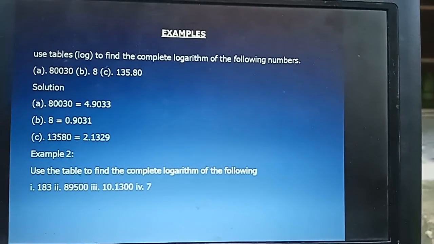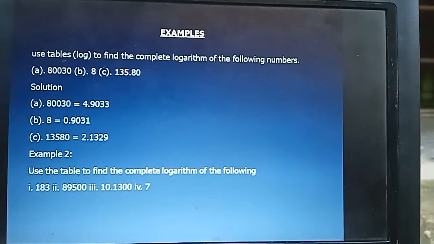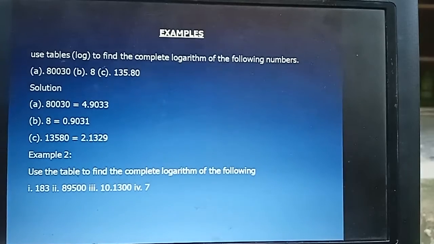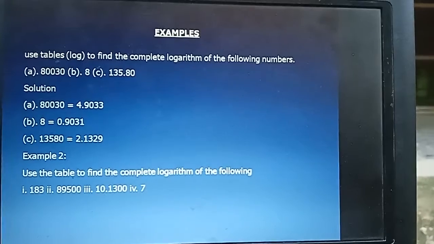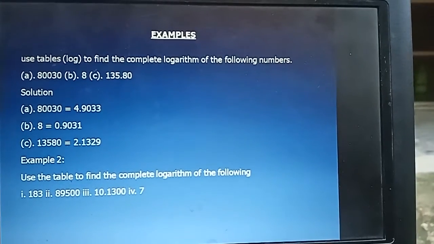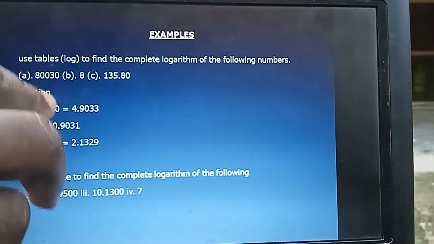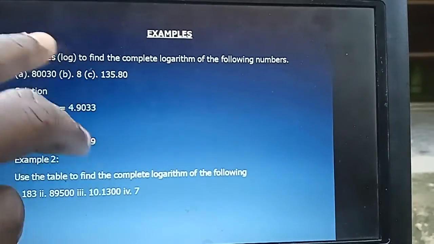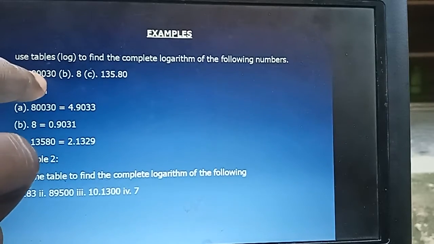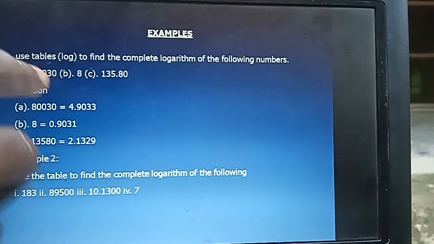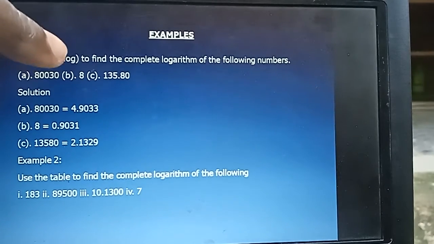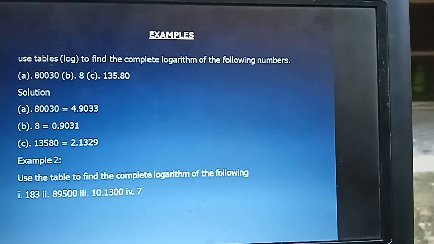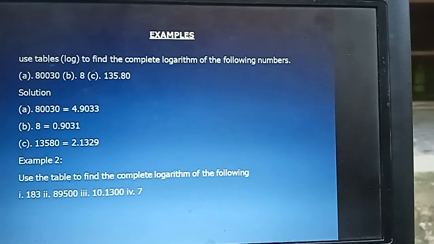It says use tables, meaning logarithm tables, to find the complete logarithm of the following numbers. Instead of using four-figure tables, you can use this calculator. Just use this one. These are the examples: A, 80030, B, 8, C, 13580. Solution: